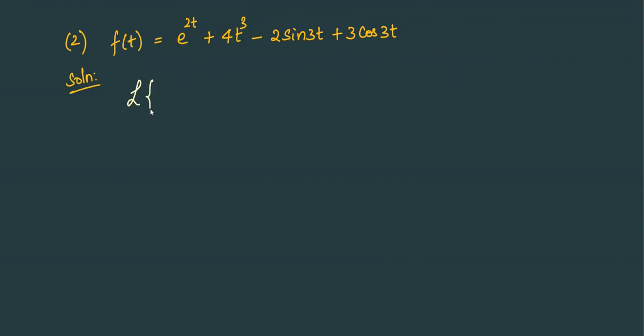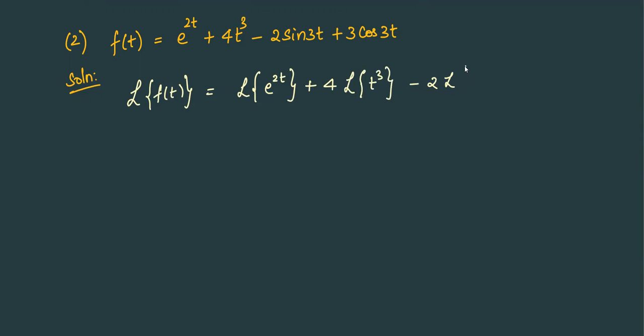So the Laplace transform of this function f of t is the transform of e power 2t plus 4 times the transform of t cube minus 2 times the Laplace transform of sine 3t plus 3 times the Laplace transform of cos 3t. And we apply: e power at transform is 1 upon s minus a. So 1 upon s minus 2